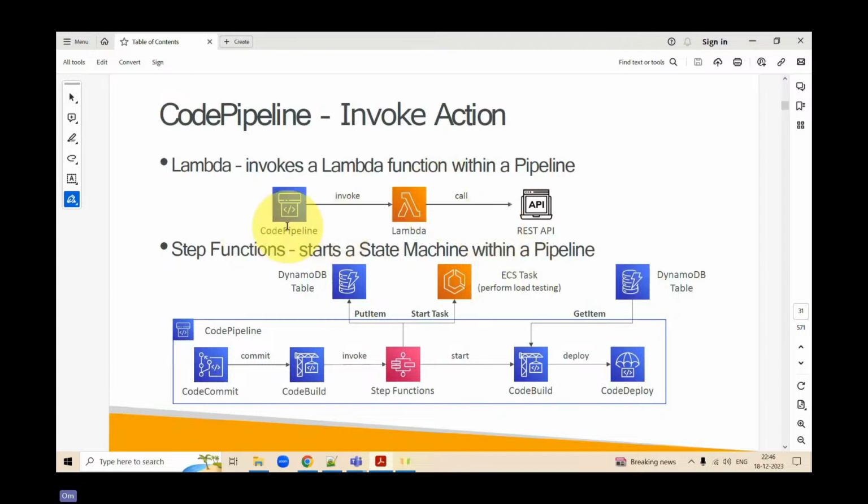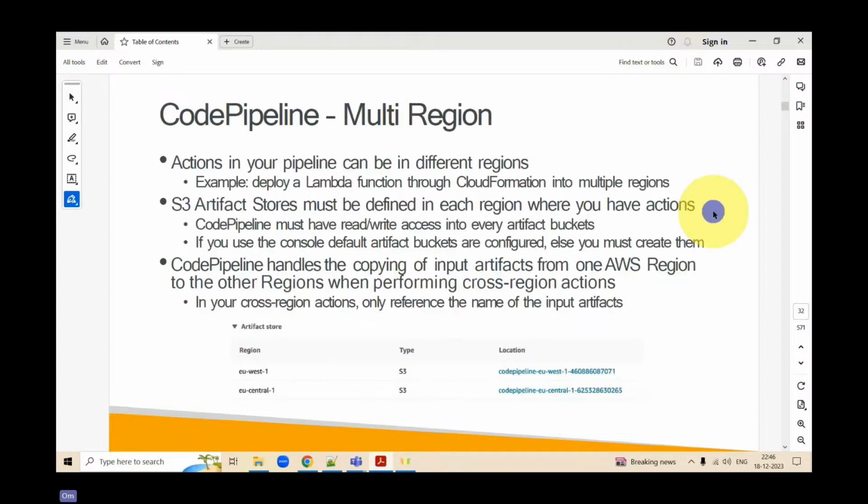If we are deploying something, and due to any reason the pipeline fails, or if the pipeline is invoking something other than the Lambda, then the pipeline would invoke a Lambda function, and that would call a REST API that would do all the subsequent jobs associated with it. Also, you can have Step Functions in between as well, but these are complex use cases. So I won't go into Step Functions in detail because that is altogether a different topic.